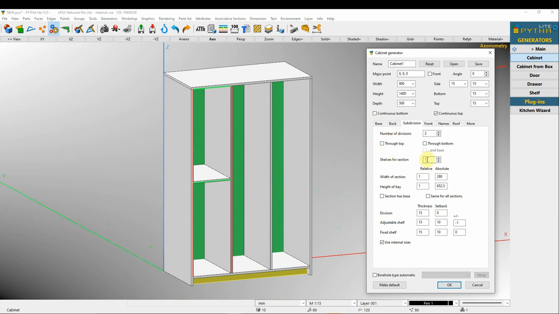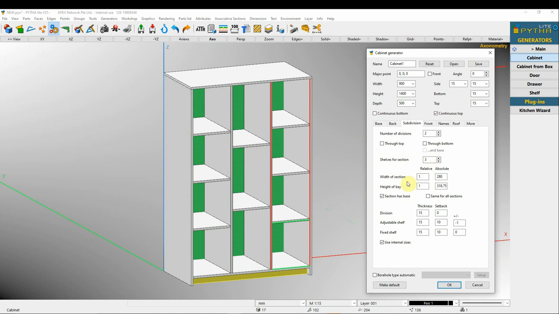Next, we can as well say shelves. I can click here, the left side, it selects the right side. The left side, it selects and we can add the number of shelves. Click on the center, I can add the number of shelves. Click on the right, and I can choose the number of shelves from here,